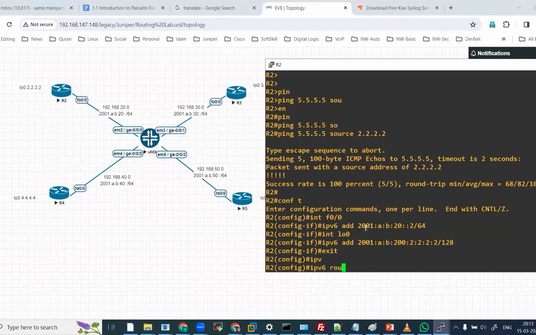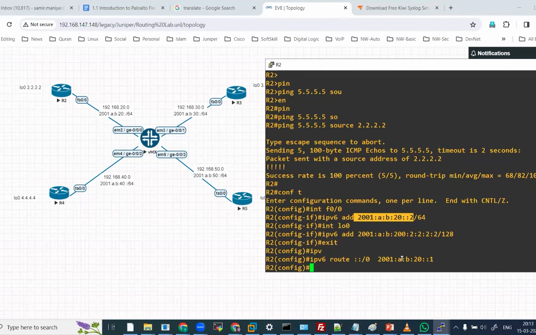IPv6 route ::/0, and we have to forward it to